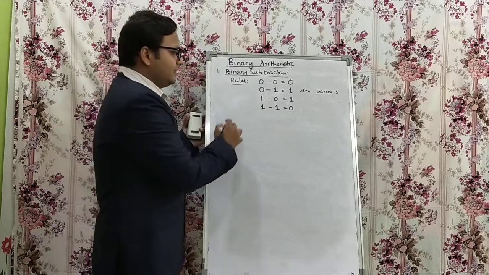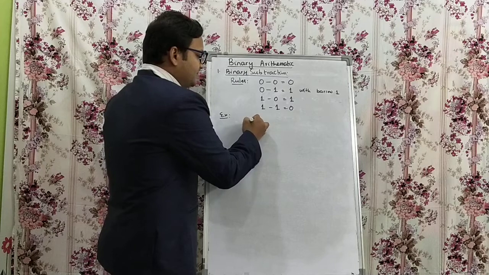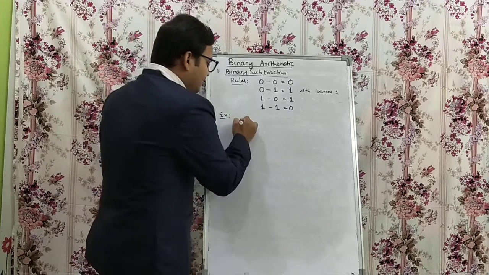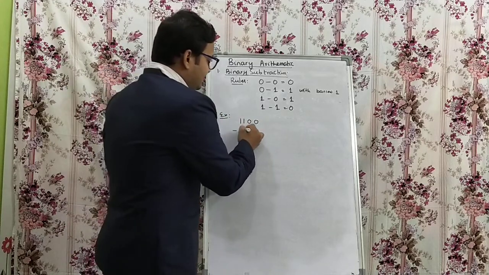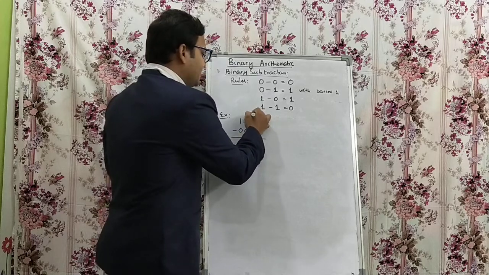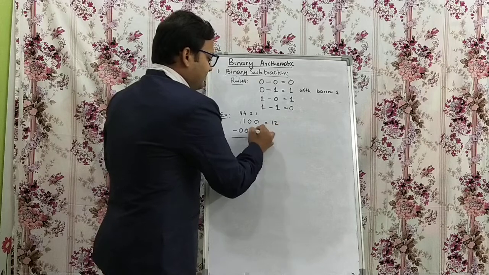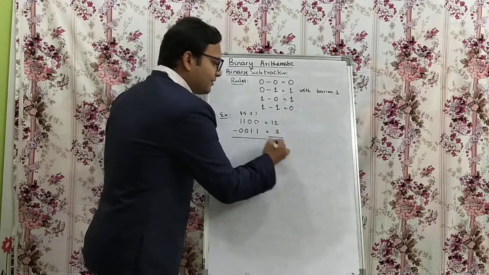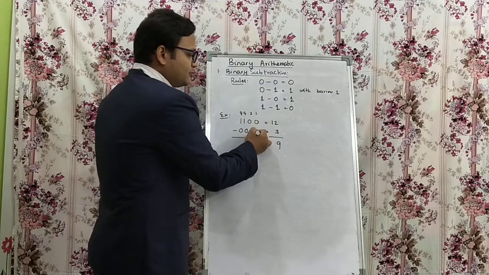Okay, so see here, we can look at an example. Let's say the example is 1 1 0 0 minus 0 0 1 1. What is the decimal representation of it? With 1 2 4 8 weightage, this is 12 and this will be 3. So after cross verifying we'll see if I am getting 9 or not. Okay, so what to do? As I discussed, 0 minus 1